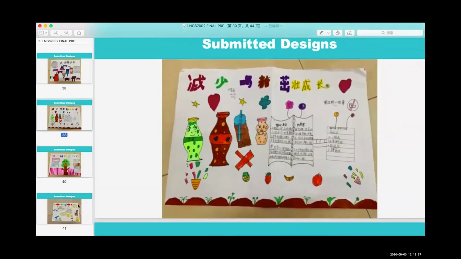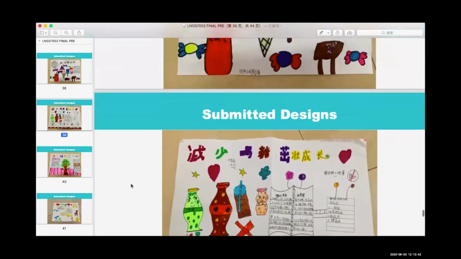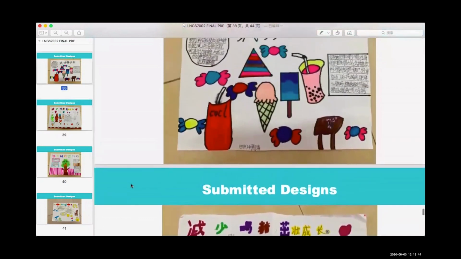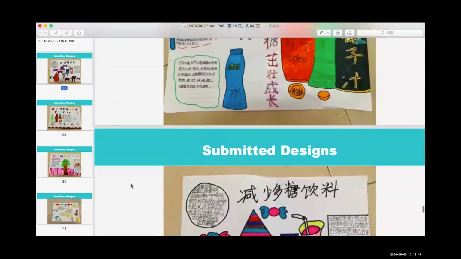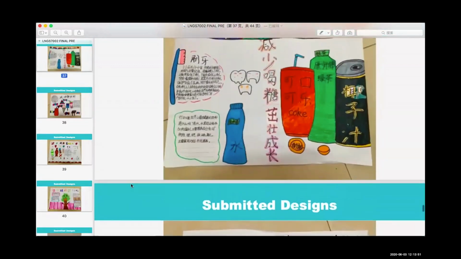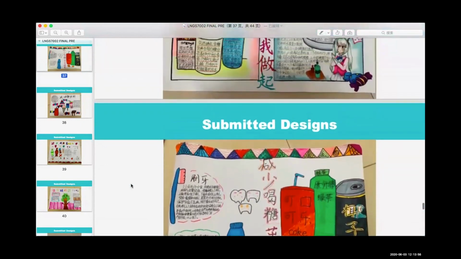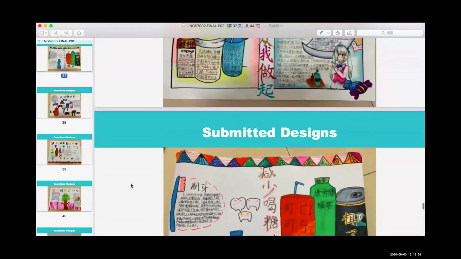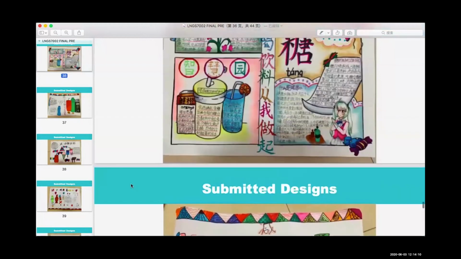The works of the students greatly help us achieve our project goal, that is, to strengthen students' awareness of reducing the consumption of sugary drinks. By letting them design their own pictures, they can realize possible harms that sugary drinks may bring to their health, and gradually prevent themselves from drinking sugar-sweetened beverages. And that is the end of our presentation. Please feel free